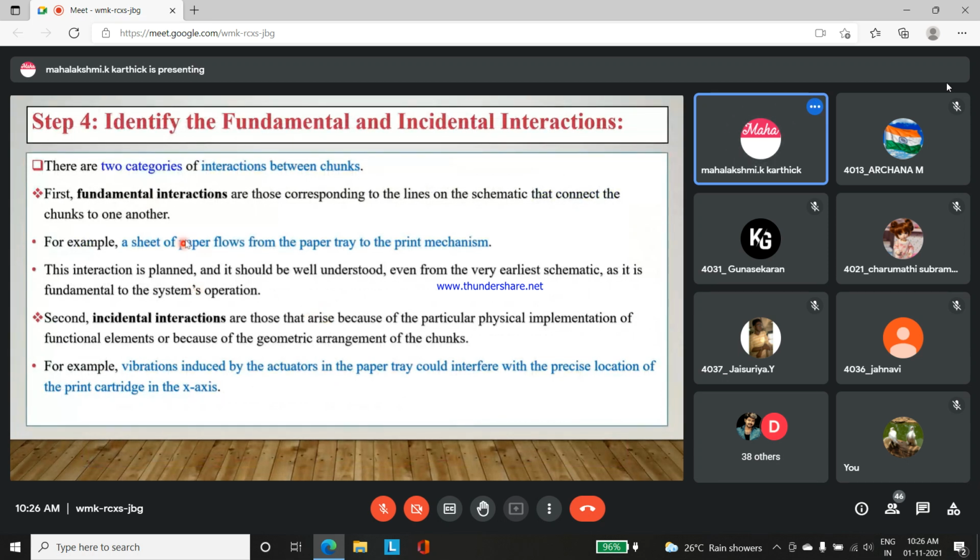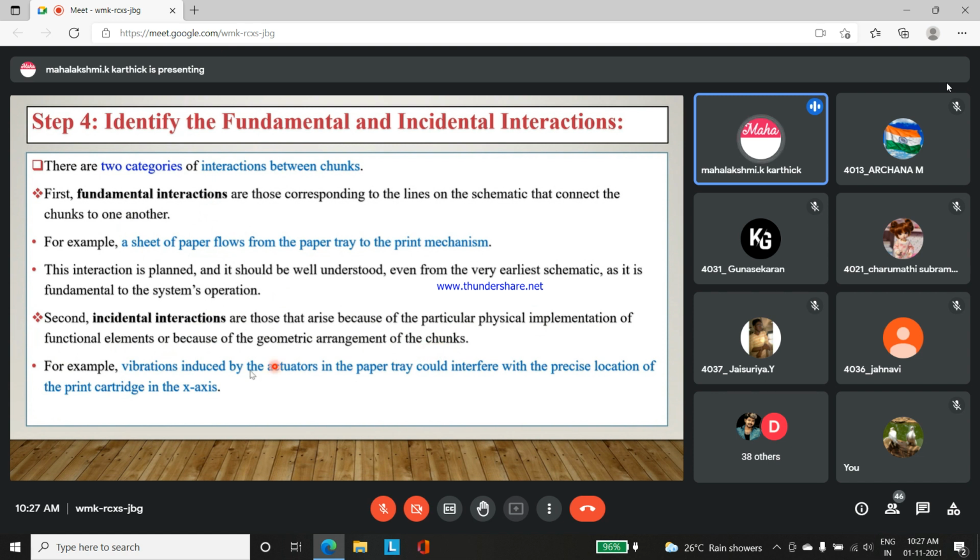Fundamental interactions are those about why the product is used, what its main purpose is, what the fundamental activity performed by the product is. Like a sheet of paper flowing from a paper tray to the print mechanism. It's the fundamental action. In incidental interactions, the product is made up of many chunks and every chunk is connected together. If anything arises because of a particular physical implementation of functional elements or because of the geometric arrangement of a chunk,